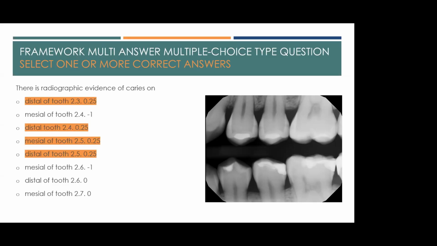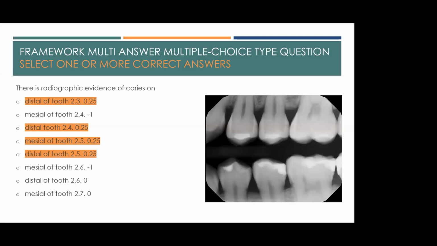You can see that the very clear caries are what we said on the distal of 2-3, the distal of 2-4, the mesial of 2-5, and the distal of 2-5. So if you selected these 4 answers and then select any answers that is clearly without caries, you would get